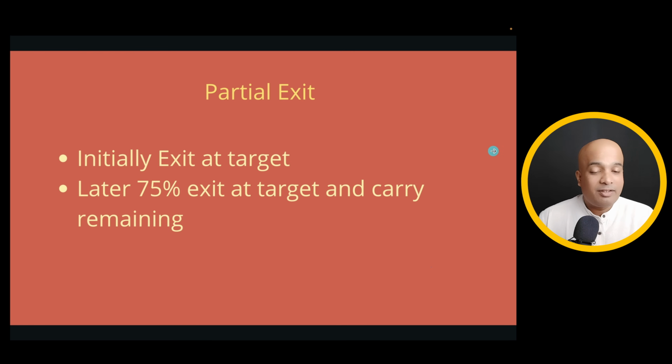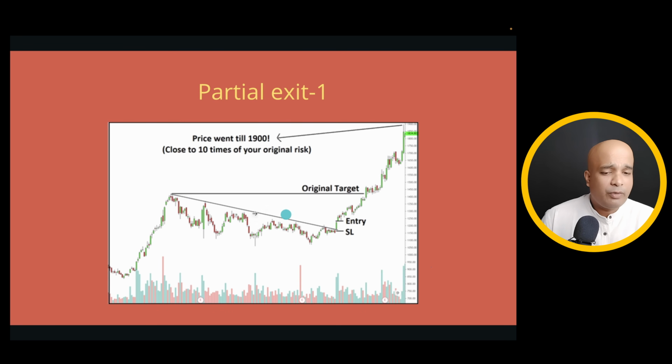So the partial exit scenario is, I have seen many traders, they don't have the conviction or clarity to hold the trade. So those kind of traders, or some traders who want to carry the position as much as possible, they can initially exit at target, at least 50% or 75% at target, and carry the remaining position. See, for example, here,